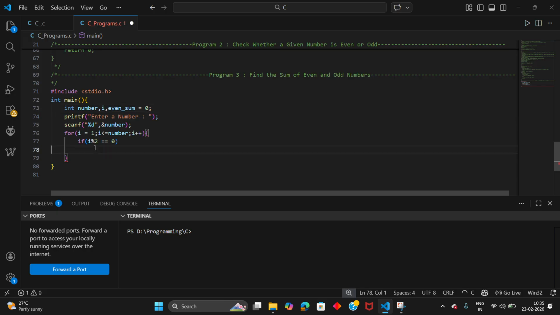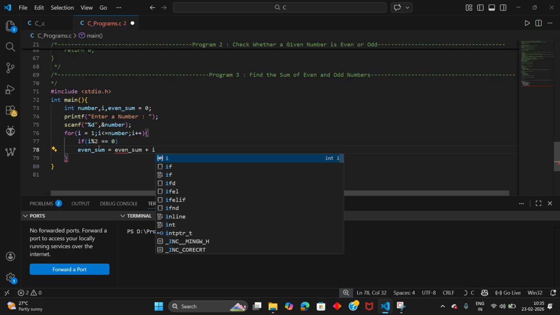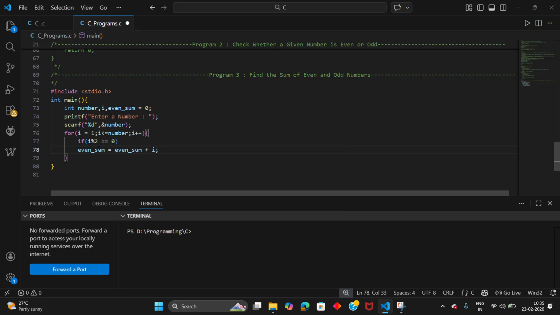If this happens, then even sum will be equal to even sum plus i. If i % 2 == 0, it means i is an even number, then even sum will be added with the number which is i, right? Which is i over here.